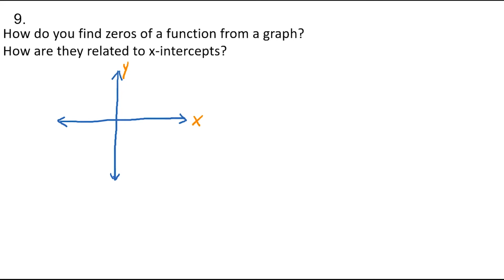And if I have a graph that's doing something like this, okay? At this point, I can mark this. It doesn't matter what the value is, but at the point that it is crossing the x-axis,